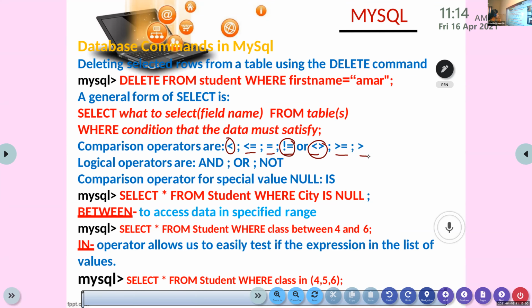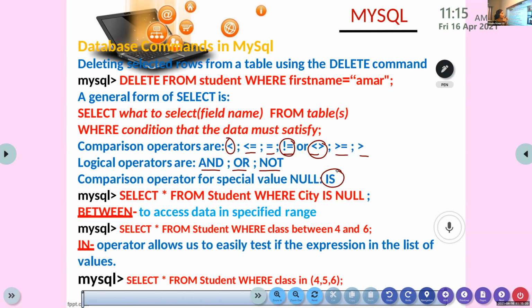These are all comparison operators, or you call them relational operators. Logical operators we can also use, that is and, or, not. Then comparison operators for the special value null.